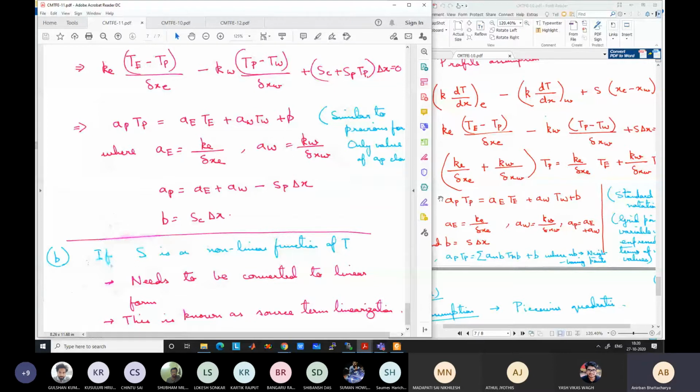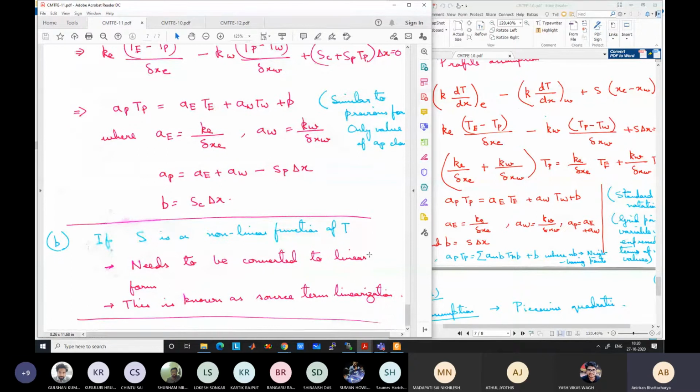So what we have to do is iterate based on old iteration values, not old time step. The previous iteration value of temperature will be already known from the previous calculation. That needs to be used to calculate the source term for the new iteration, and then that needs to be used for solving and finding a new temperature value. Once you find the new temperature value, again use it to calculate the source term, and again solve to find the new temperature value. This iteration will go on until we get convergence, which means that not much change is occurring from one iteration to another. The convergence we will discuss later, but that is the point.